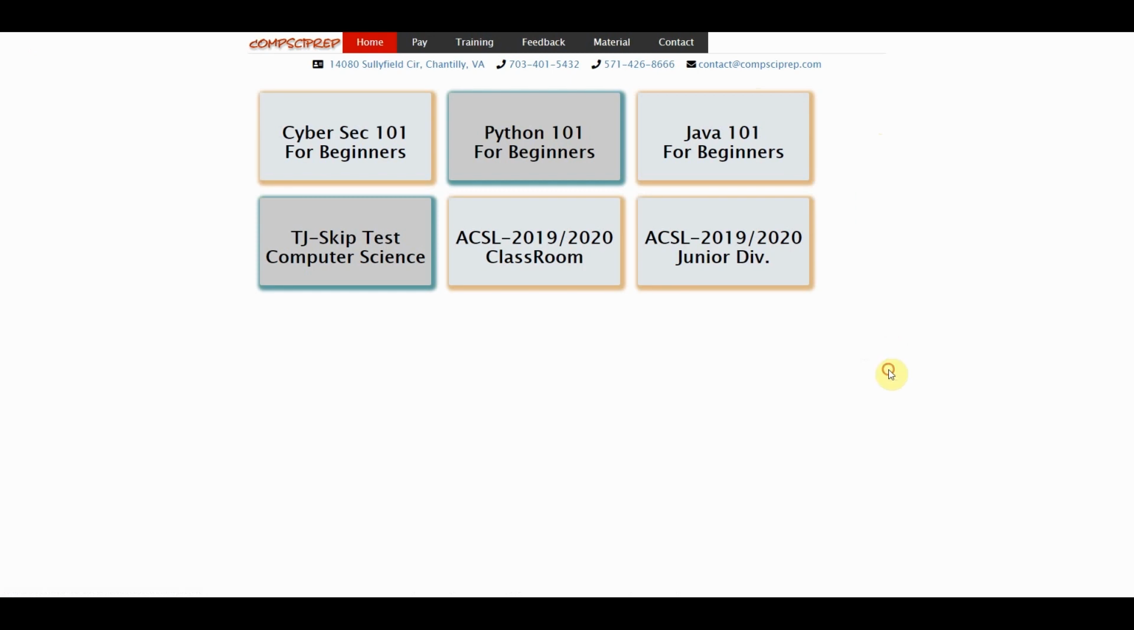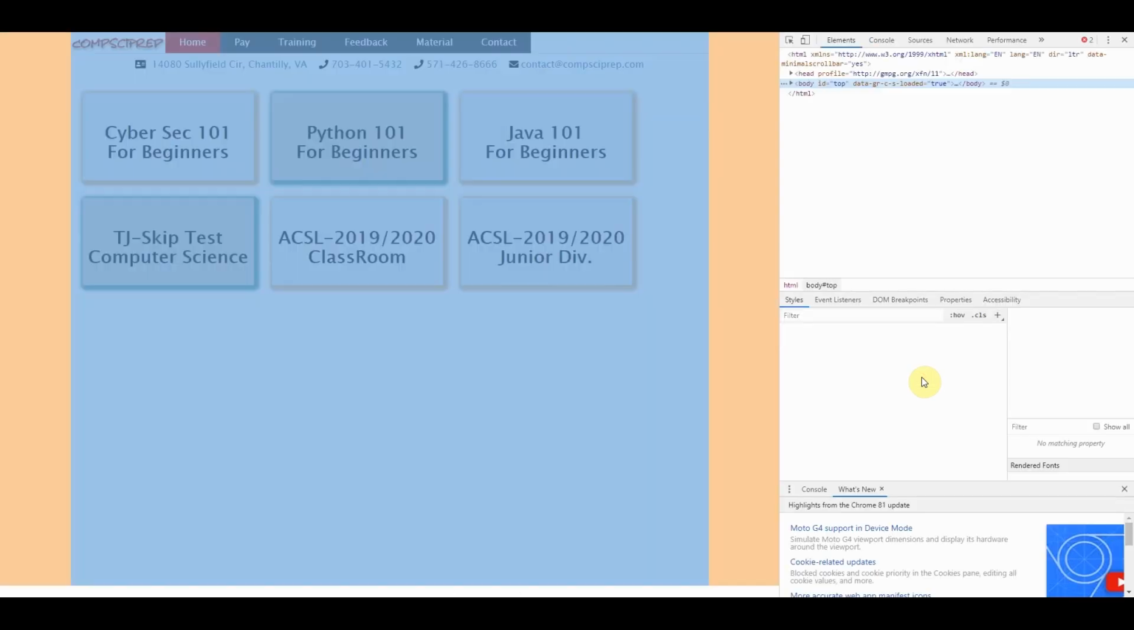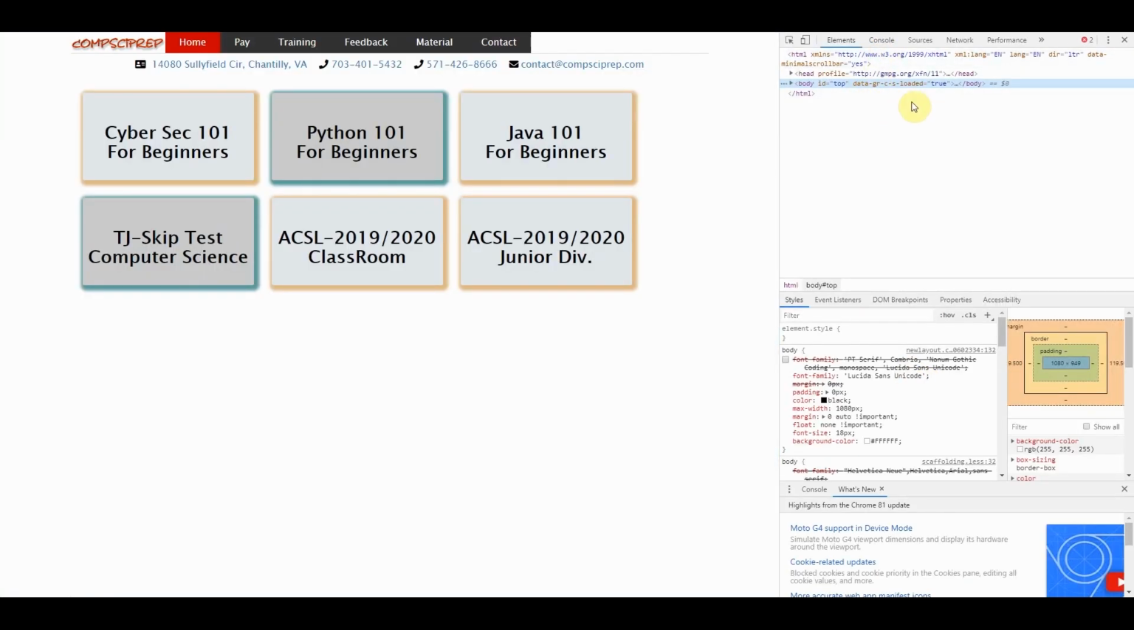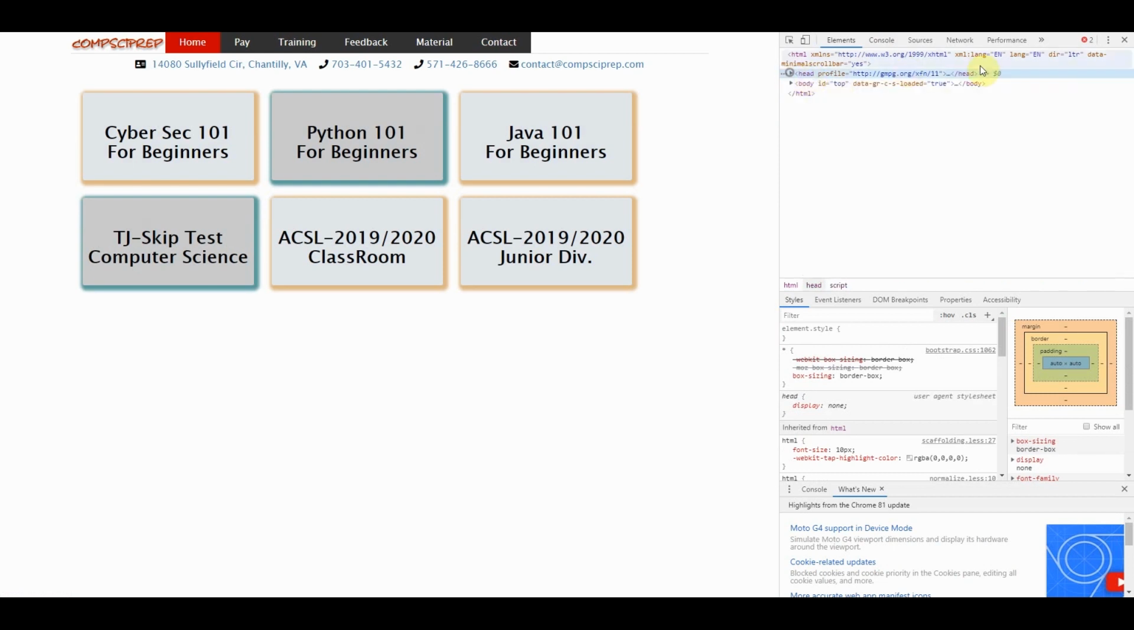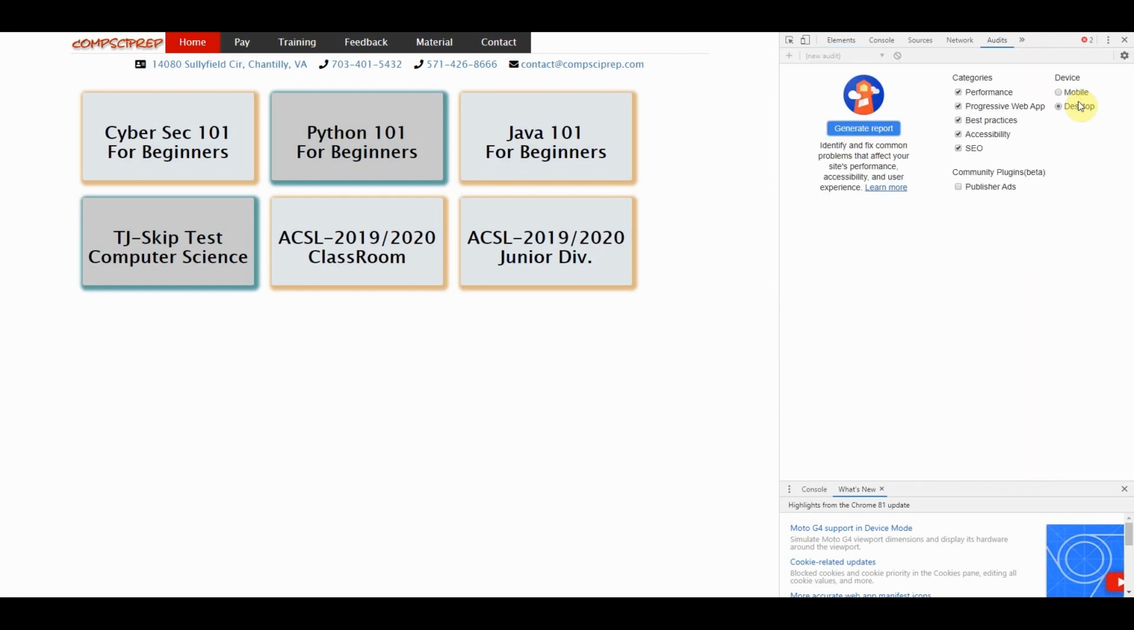So first off, let's try going to comsciprep.com. This is just a website that me and my friends run. And if you go ahead and right click and click inspect, we can open up the console and we see we're able to identify code in certain places of the website and everything like that. But if you go over to this top right corner and click this arrow, it will show a drop down menu. Here, if you go over and click audit, you can actually run an automated scan based on Google